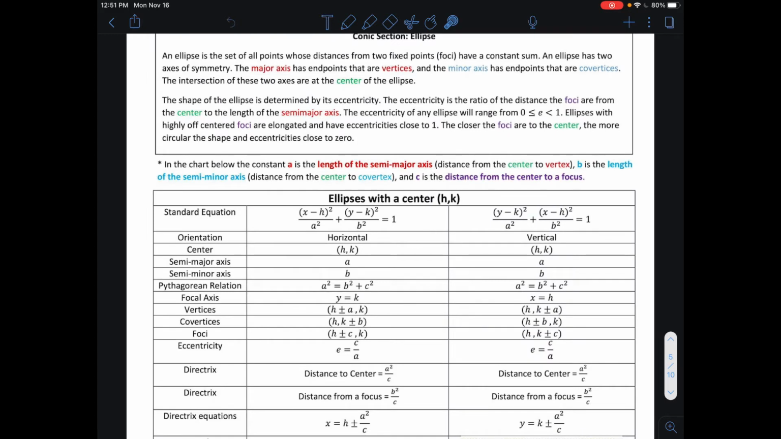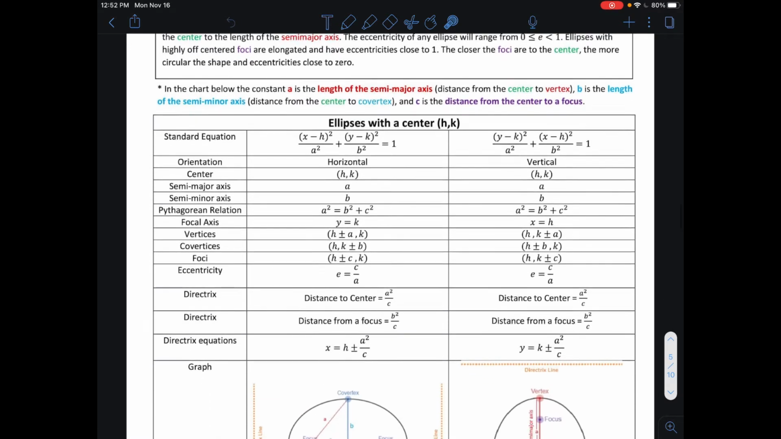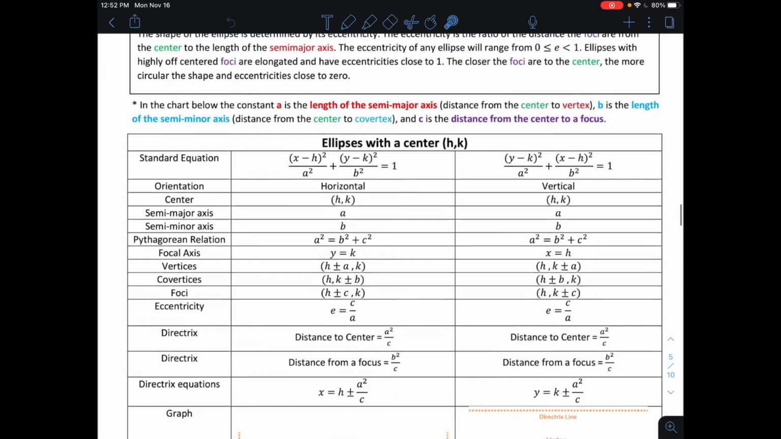So we're going to define the ellipse as the set of all points whose distances from two fixed points, which are called the foci, will have a constant sum. So the set of all points whose distances from the two foci will have a constant sum. Now, an ellipse has two axes of symmetry. It has a major axis, whose endpoints are the vertices, and a minor axis where the endpoints are called co-vertices, and the intersection of the two axes is called the center of the ellipse,